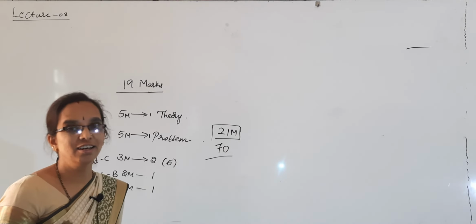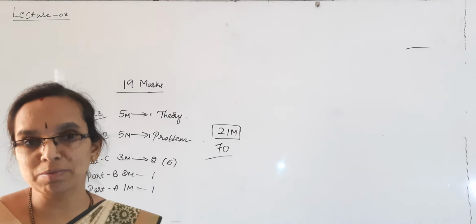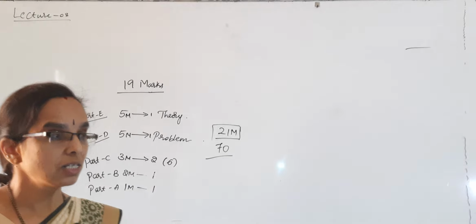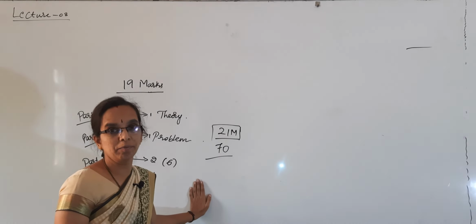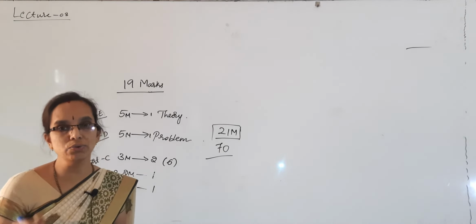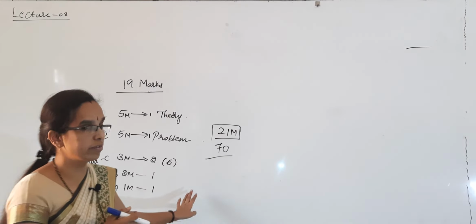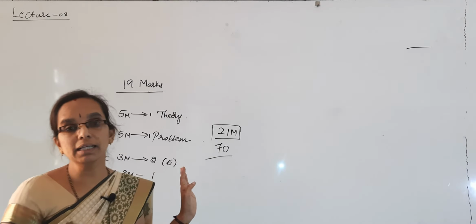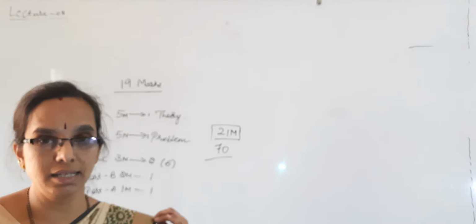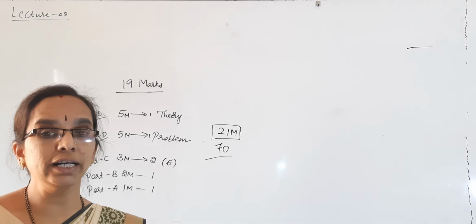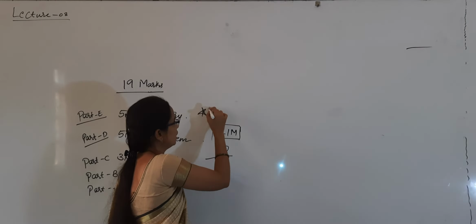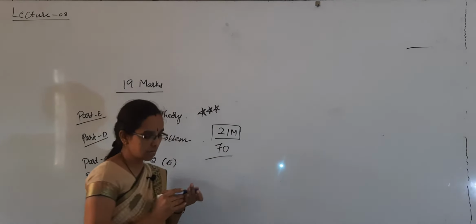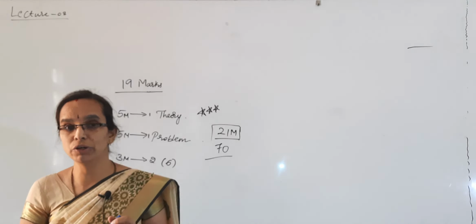98% of this electronics syllabus will be completed. Nothing has been reduced from this chapter. The syllabus has been reduced, but nothing has been reduced from this chapter. Completely 19 marks questions will be asked. So this is very important. Put 3 stars or 5 stars, anything. This is very important from the point of examination as well as from the point of your knowledge.